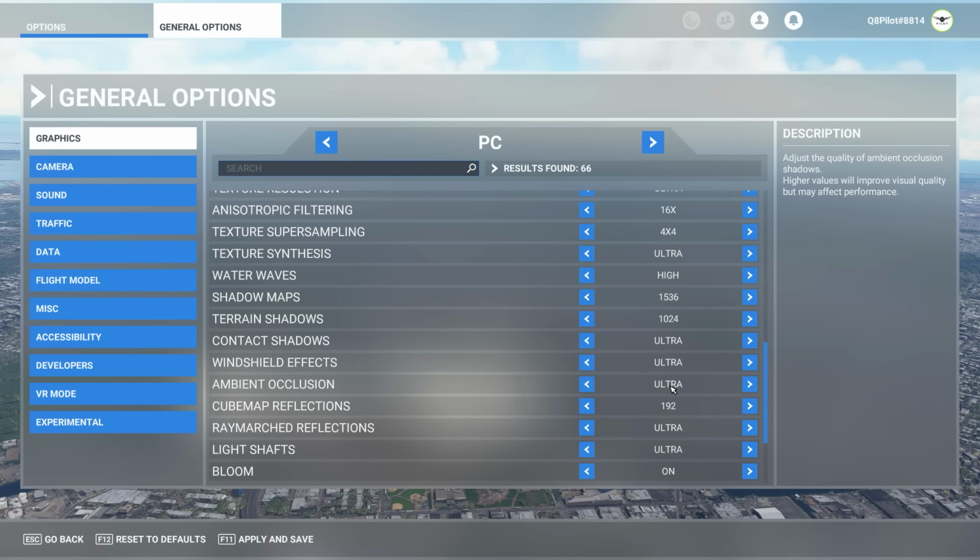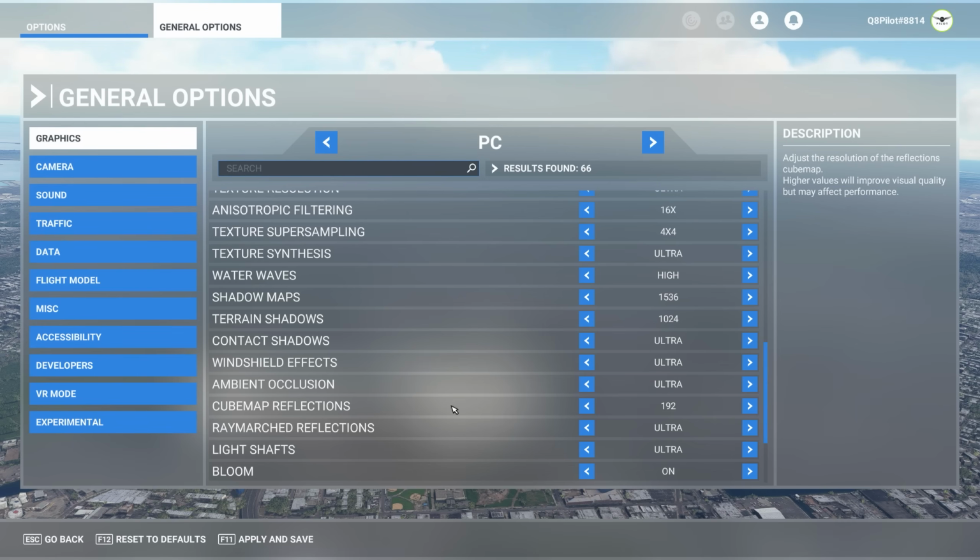So this, you will notice this the most inside the virtual cockpit when you set this to ultra, high, or medium. Again, the untrained eye will not be able to detect the differences. So again, if you are suffering from performance a little bit, you can take this down to medium, or you can actually turn it off completely, and you will not really notice that much difference in terms of the visual